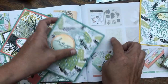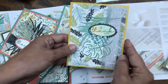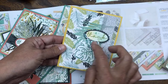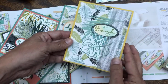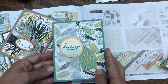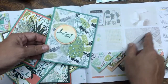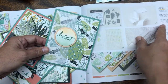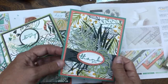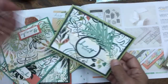So we have faux sea glass shapes. That's where you see how I put the little sea glass on there. And then stamps, dies, designer series paper, layering vellum, and this ribbon. This is called the white ribbon, or white something ribbon. Let's say white frayed ribbon. Because it was called frayed ribbon and it started to fray anyway, I was like, well, I'm just going to